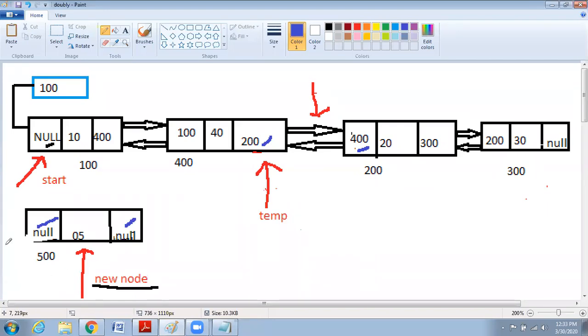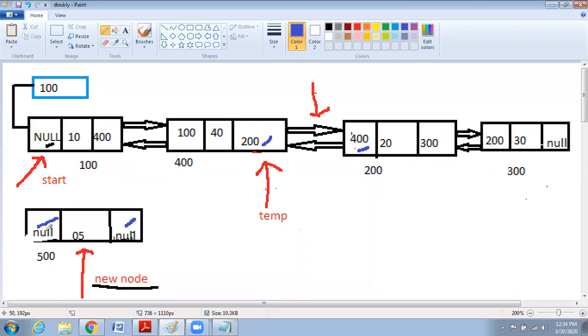First, try to finish this new node's left and right. Technically this is temp now, and this is the new node now. What is the new node's left? It is temp's address. That is temp, correct?